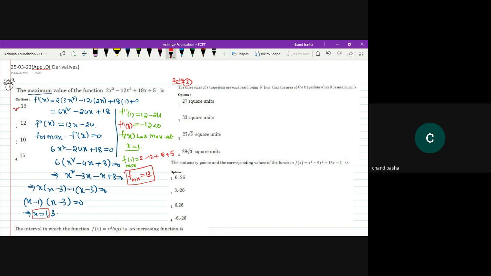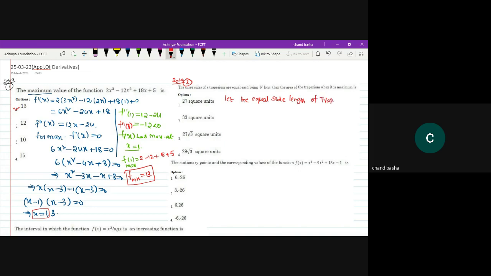Each of the 3 equal sides of the trapezium is equal to 6. Find the area of the trapezium when it is maximum. That is the maximum area. Now we have a shortcut formula for this. Let the 3 equal side lengths of the trapezium